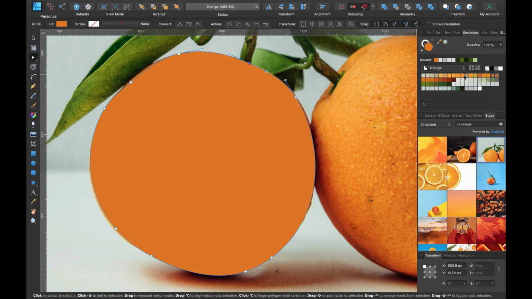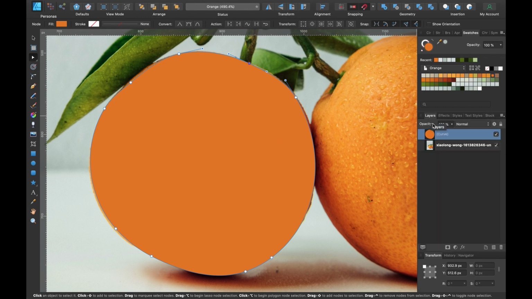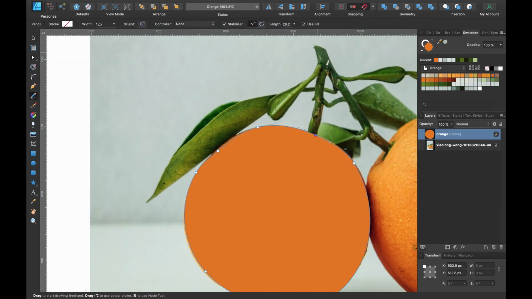I think maybe this one we'll start off with, slightly darker, and we can start building up our texture on top of that. Right now we're just drawing out our basic shapes. So we have our orange. Let's go to the layers panel down here, and you can see our first shape. Let's just name it orange. Press return. Okay, so the next thing we're going to draw, let's draw the stalk first.